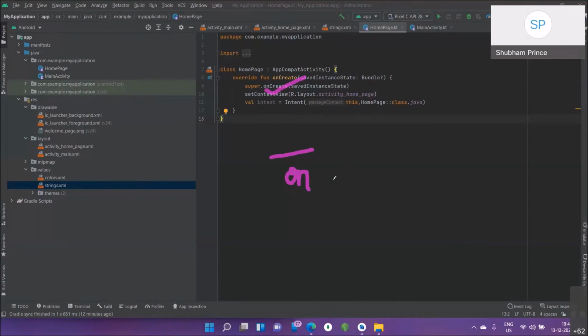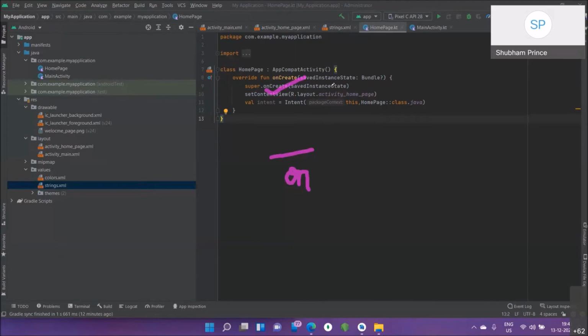Once it has reached this moment, it will follow certain life cycle parts. Just understand, onCreate is when you create the first activity. Whenever an activity comes into life, it means whenever you just open an application, for example Amazon, and you see the splash screen. This is when onCreate is working, for that splash screen activity.